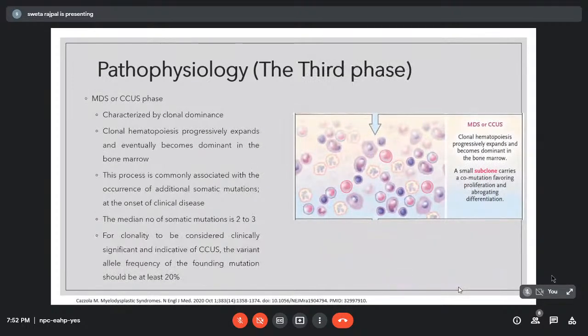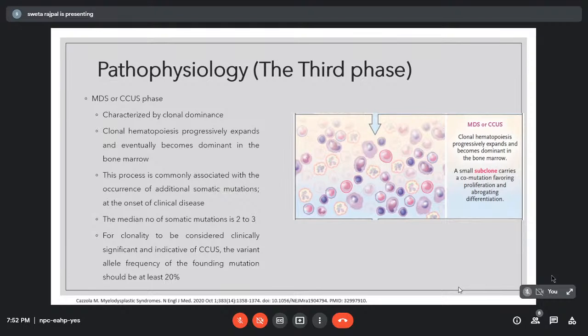So in the third stage, we have the MDS or CCUS phase. Here it is characterized by clonal dominance. The clones in the bone marrow expand progressively and become dominant, and this process is commonly associated with the occurrence of additional somatic mutations, and the median number of mutations also increases. Before it was 0.1 to 1, now it increases to 2 to 3 mutations, and for clonality in this phase, we should have at least a VAF of